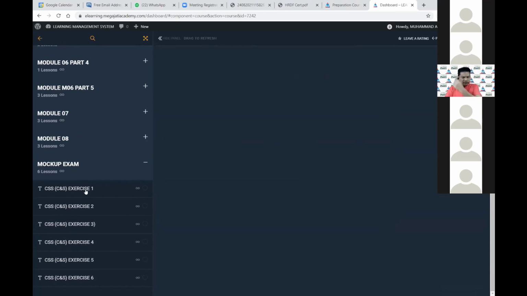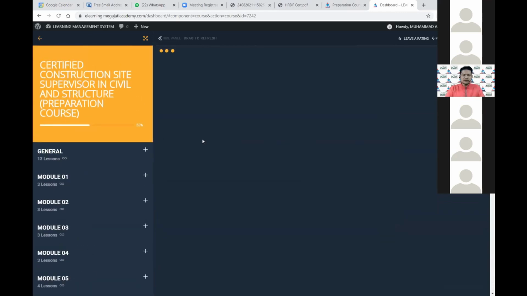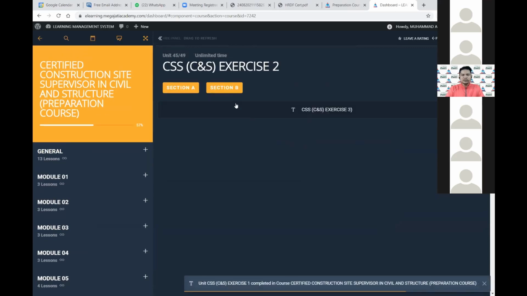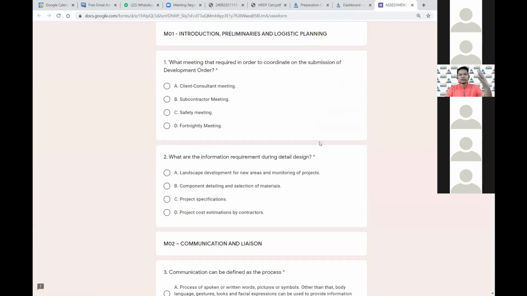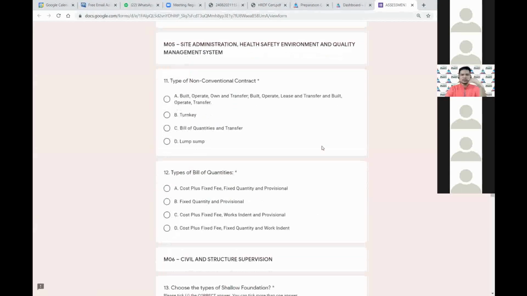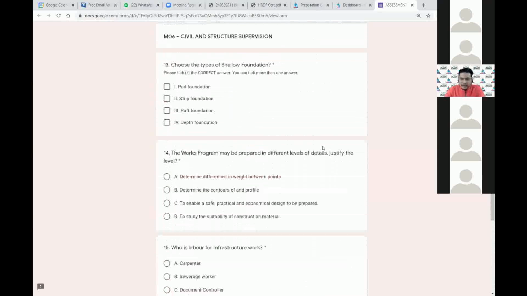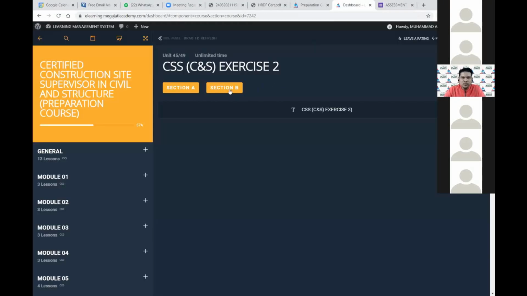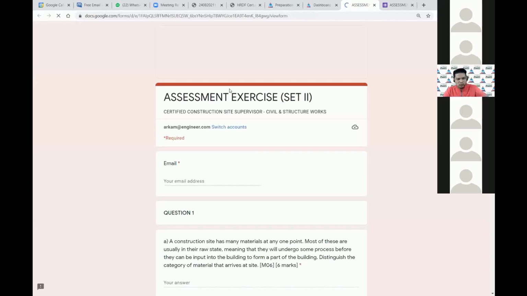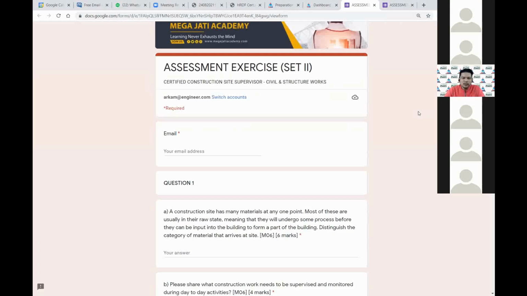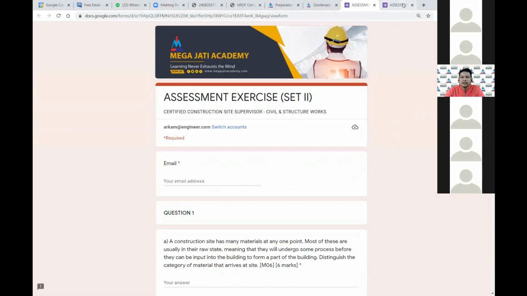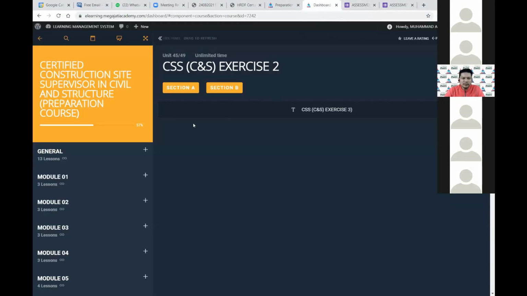Exercise 1, exercise 2, exercise 3, exercise 4, exercise 5. So there's exercises over here where you need to go for exercise 1, section A, for example. So you're being heading to here, then you start to answer. You can see how many intense what we call that preparation that we want you to lalu. I think this is quite many lah. So that is why you don't have much time for me.